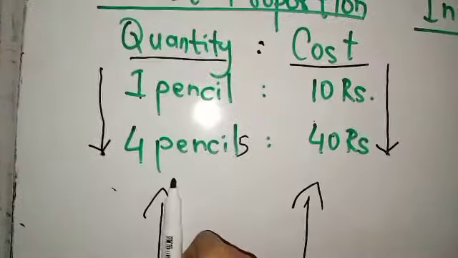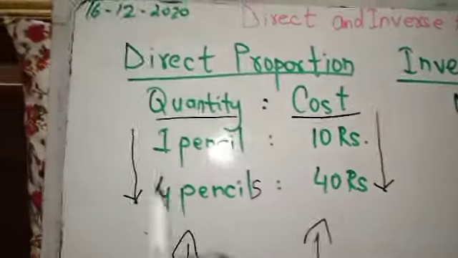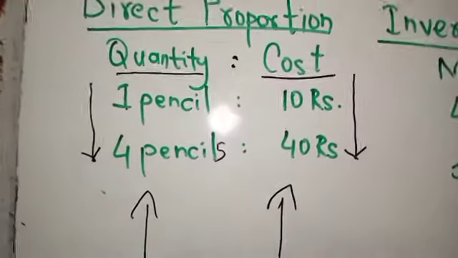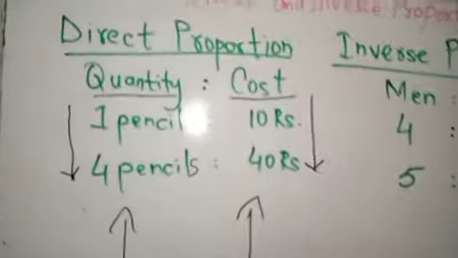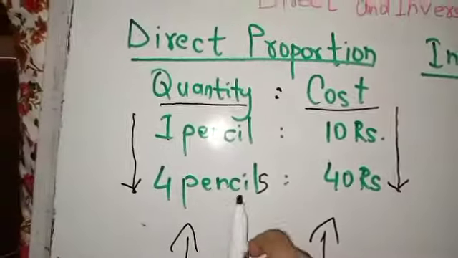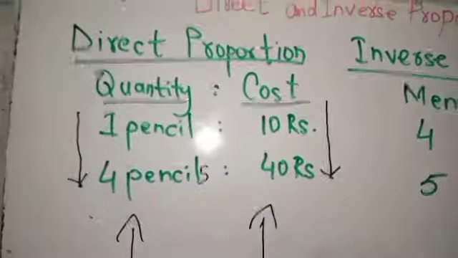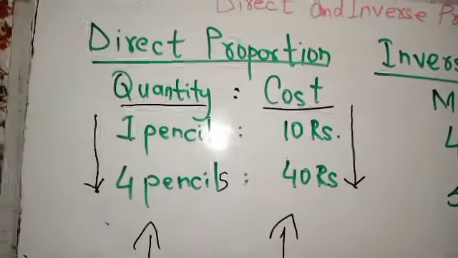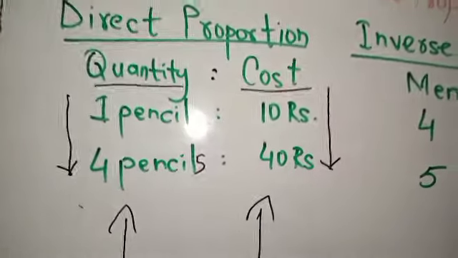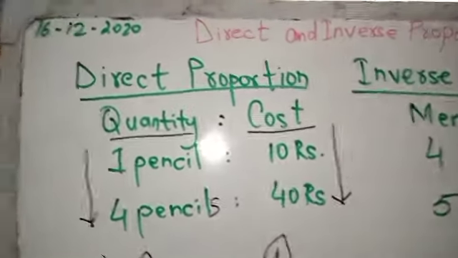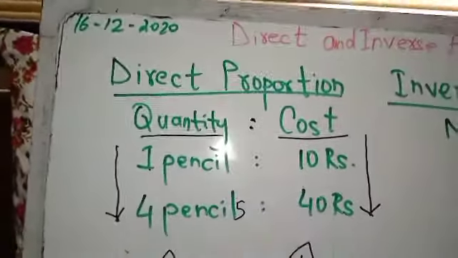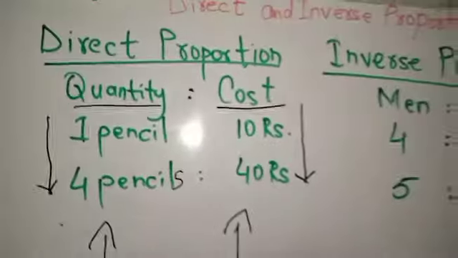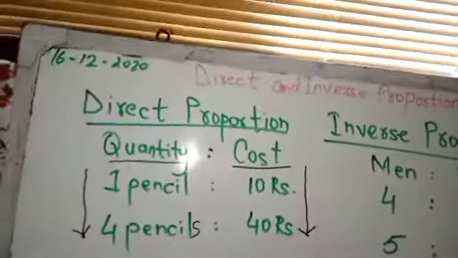Okay, अगर एक चीज़ increase है तो दूसरी भी increase है. If एक चीज़ decrease है तो दूसरी भी decrease है, then it will be called direct proportion. I hope this is clear, what direct proportion is. An increase in one thing causes an increase in another thing, that is known as direct proportion. I hope it is clear to you. Think of some other examples as well. I have shared with you quantity and cost: if you increase the quantity, the price will also increase. You have to give more.